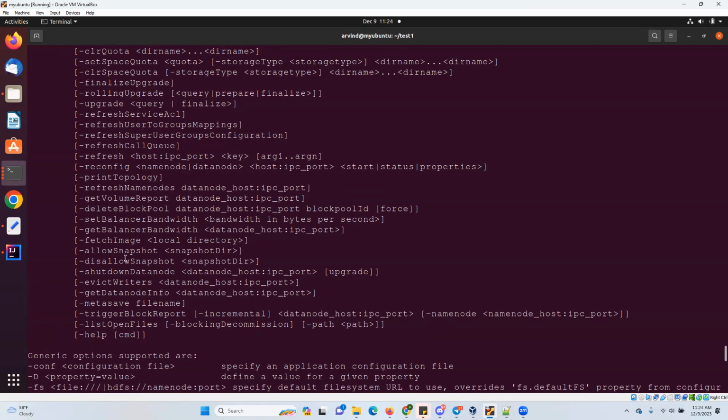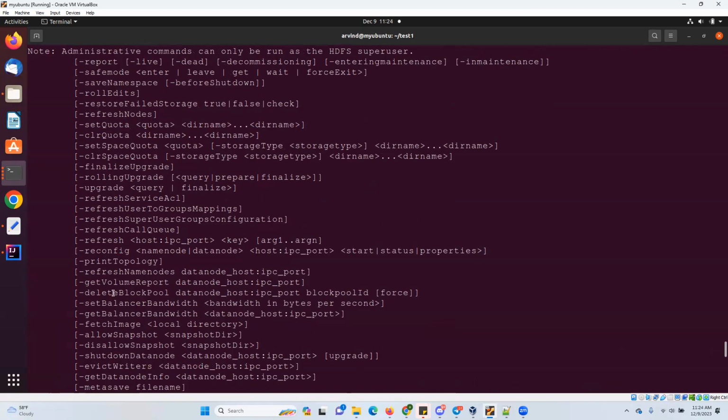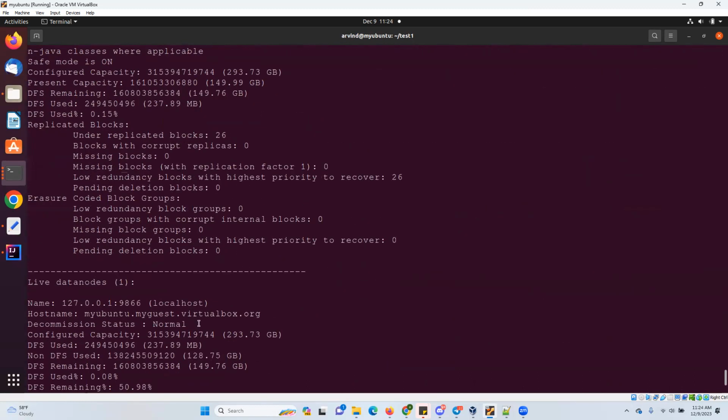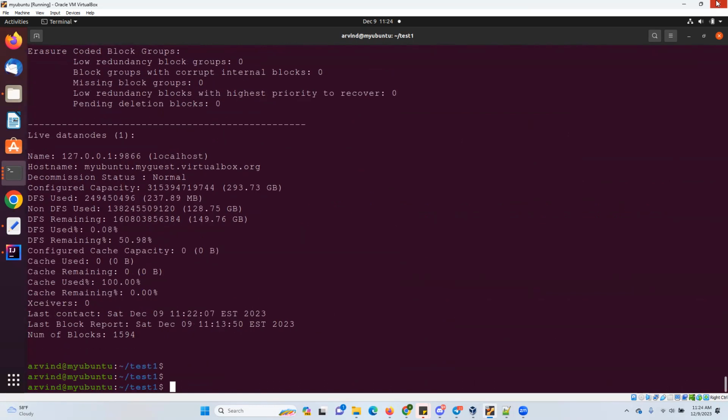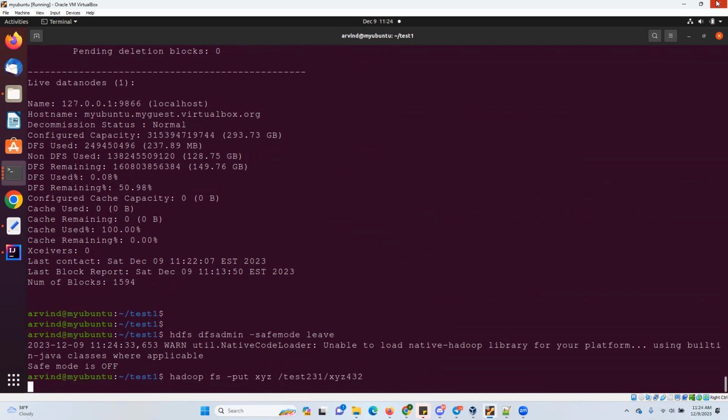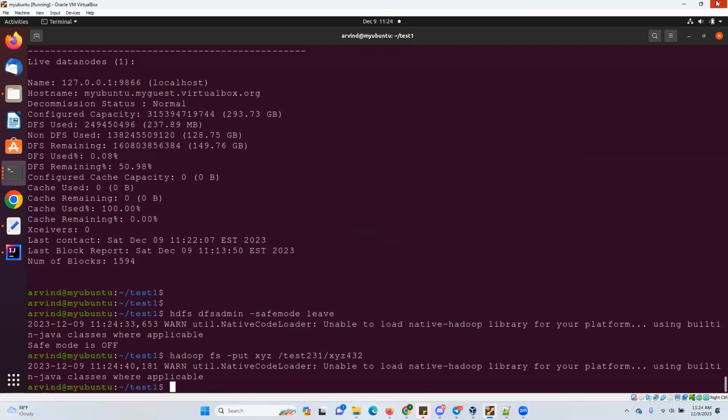Refresh command. There are more commands that we are not concerned about, the admin commands. Our main concern is the developer commands, and you can practice. So safe mode now I can leave. There is a command, hdfs dfsadmin -safemode, and you can forcefully leave the safe mode. Now safe mode is off. Now you can perform your put command. See, it is working. You can turn safe mode on forcefully by enter,